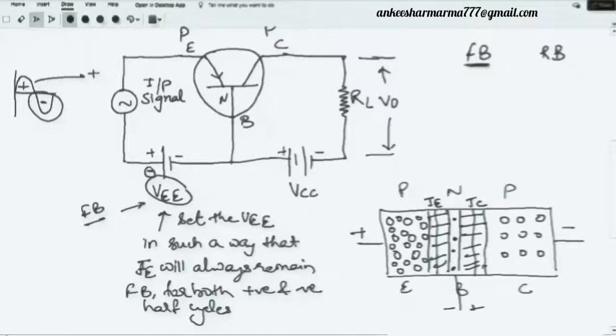Now, due to this positive, and due to this negative, definitely you have studied in the case of a diode that these holes will move towards the base. Now, what is going to happen? These holes from here will start moving towards the base. Due to the forward biasing, this depletion region has reduced, or I will say that it is reduced to 0, so that all my carriers from the p side can move towards the n side.